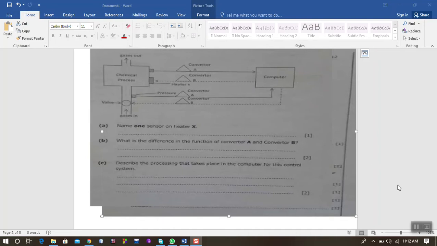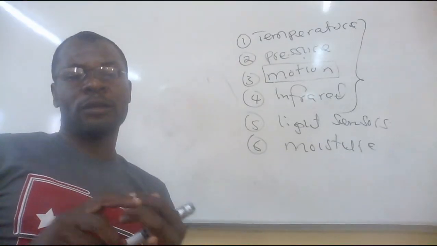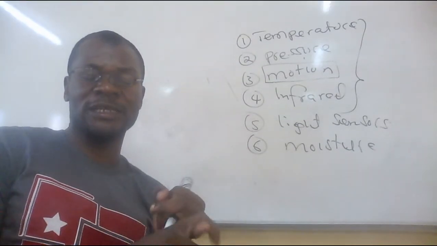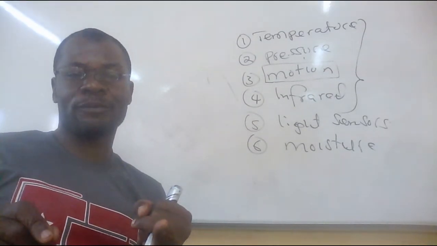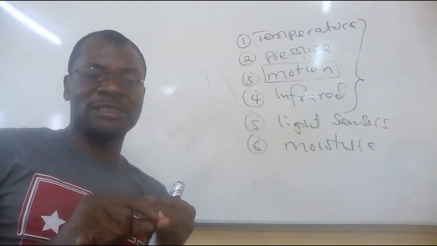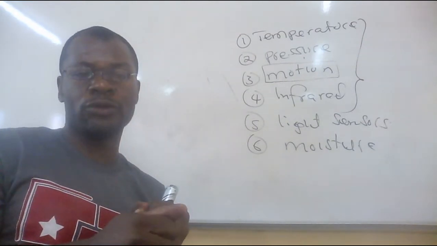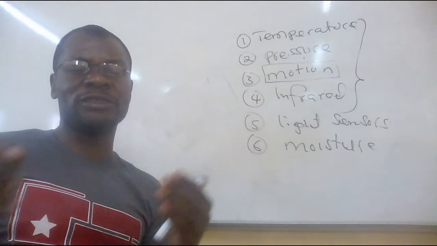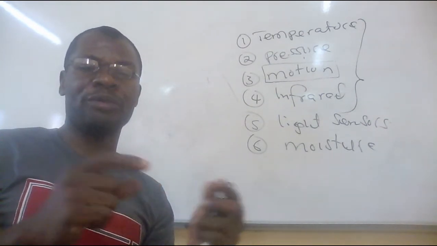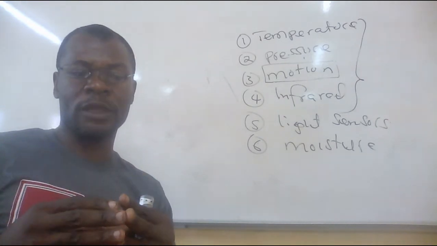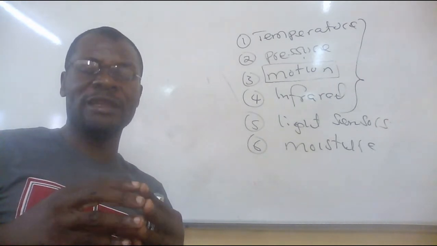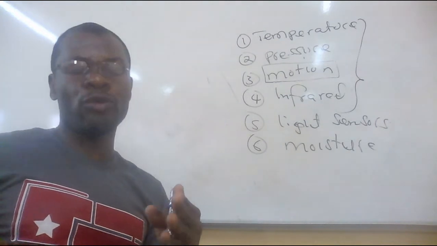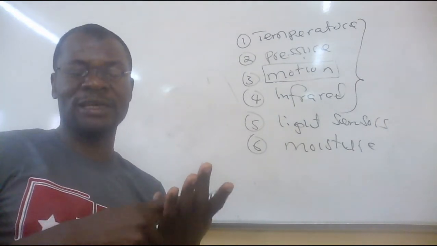So if you just say that data about the heat sensor is stored in the processor, when this heat sensor sends the signal to the processor, the data stored about this signal is going to be compared with the stored data. After comparison, then the processor will send the signal back to the sensor.